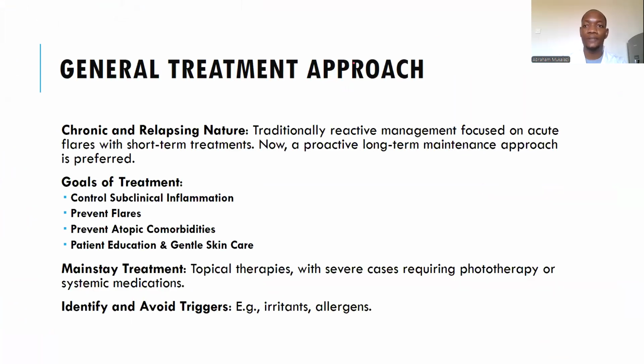So when you go to the treatment, now in atopic dermatitis, the treatment is very key because your target is, one, to try and solve the problems that the patient has: either their genetic deficiency, their changes in the microbiota, their environmental triggers, such that they don't get more flares. So the treatment goals include things like you have to control the subclinical inflammation, prevent flares, then prevent atopic comorbidities,